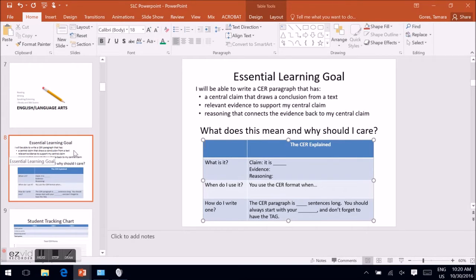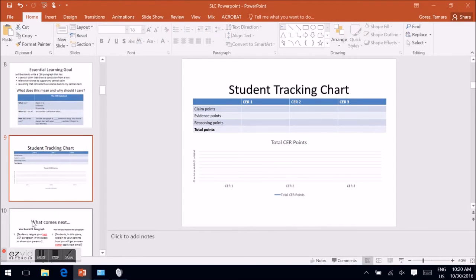All right, so once you've filled out all these 3 questions, the what, the when, and the how, you are done with slide 1. So that should take you probably a good 15 minutes to complete, maybe 10 to 15 if you make it look nice. And then we're going to go down to the next slide. This slide should look familiar to you. This is the student tracking chart slide, and this slide is relatively easy in that you're simply copying the information from your